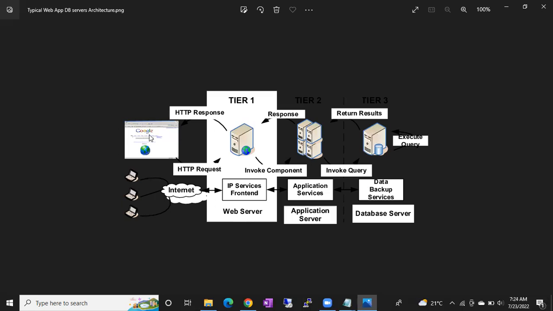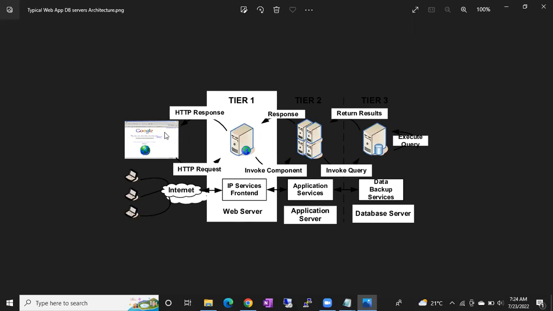For example, if I want to get the Amazon.com site, there is an IP address. You have to type Amazon.com server's IP address. But how many IP addresses can you remember, guys? If you want to open Amazon, you have to remember one IP address. If you want to open Flipkart, another IP address. At the same time, IRCTC, another IP address, Redbus, another IP address, Book My Show, another IP address. How many IP addresses can you remember? You cannot, right? So the web server will help you to convert the name into an IP address.